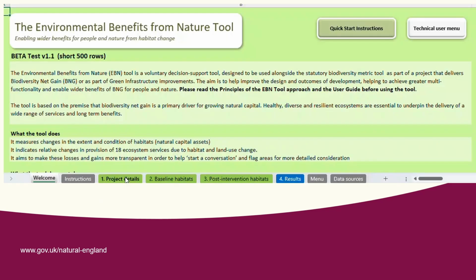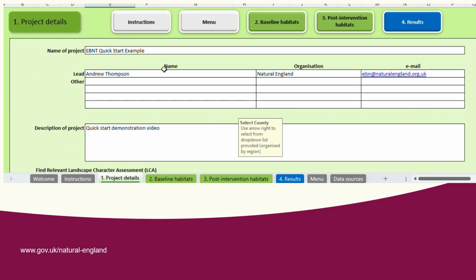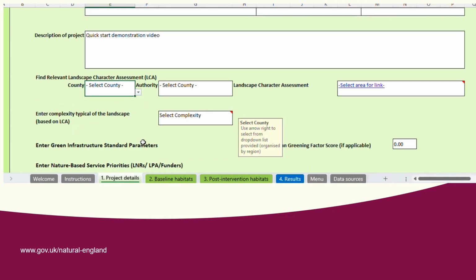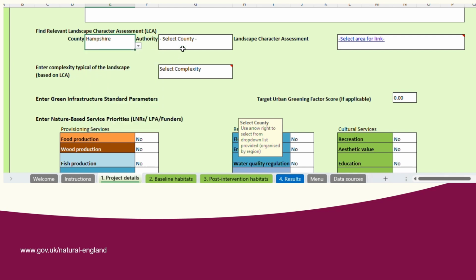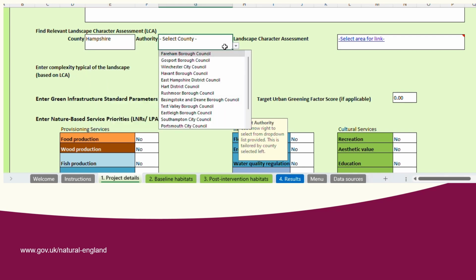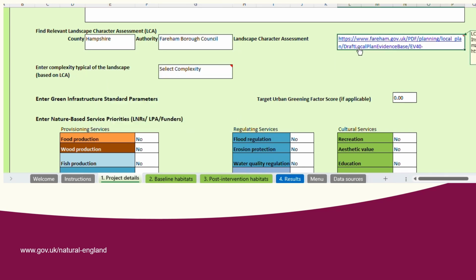So in terms of what this looks like, if you've got the tool in front of you, you should see that if you go to the project details tab, it will look like this. You've got your information entered in up front. To locate the LCA statement, use those drop downs just below the main text entries, and you can see you can click on the hyperlink that's provided. It might take a little bit of time if it's a large file like here,